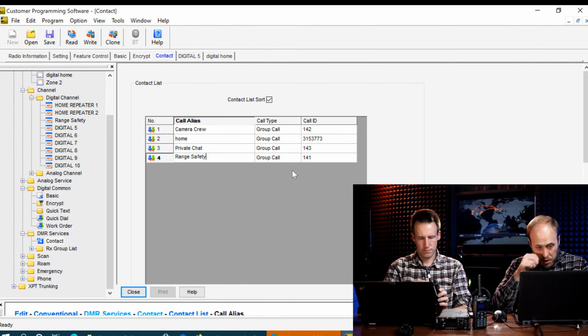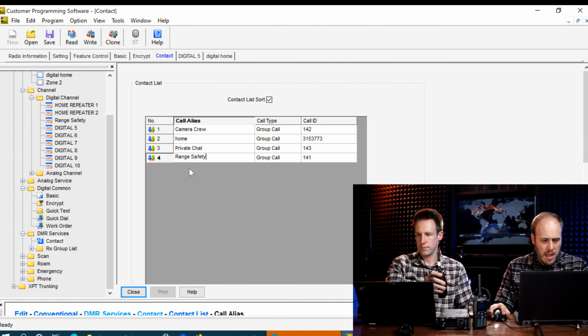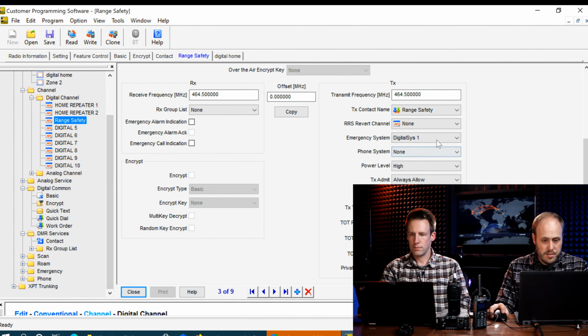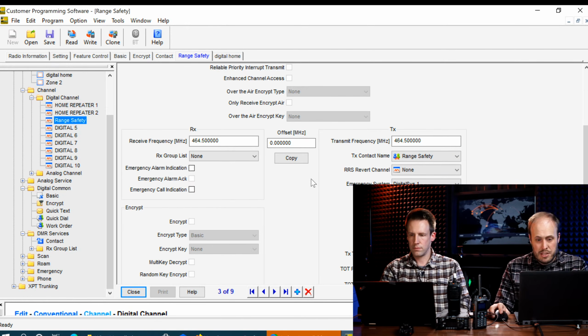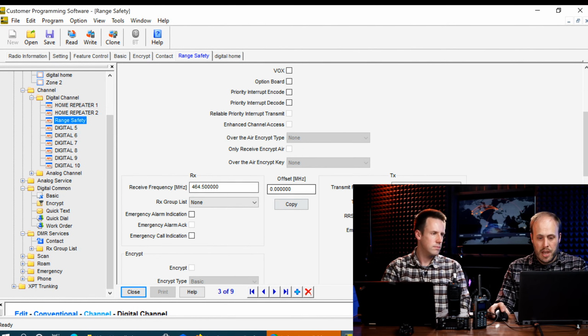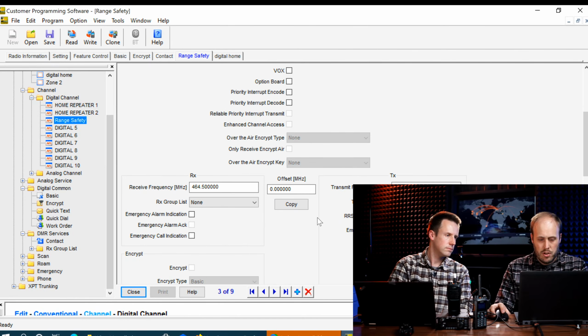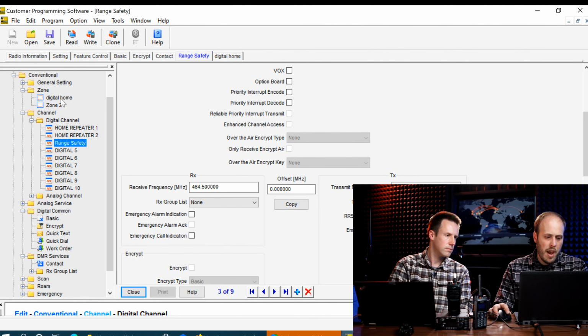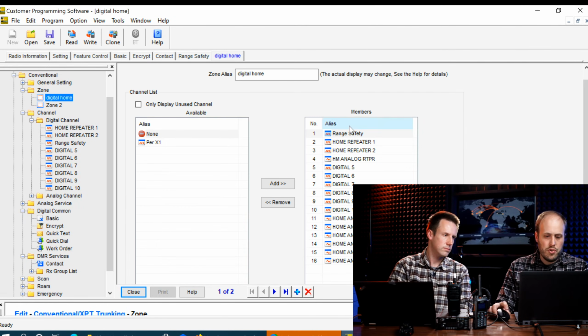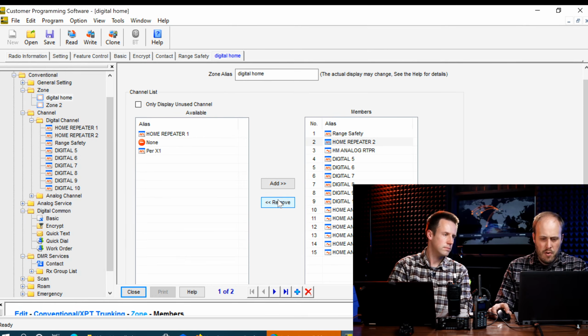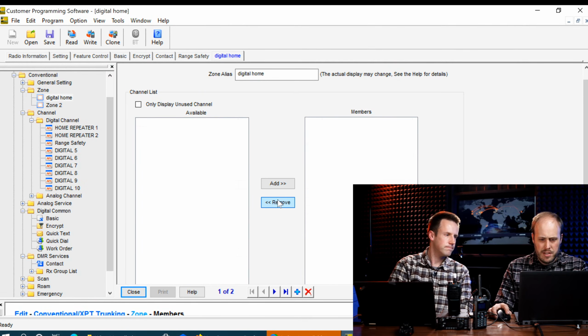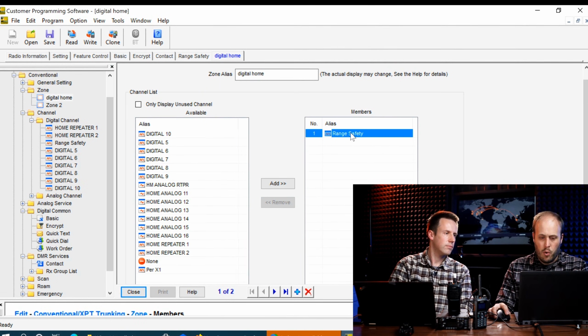You set up your talk groups, your contacts, and then you set up your frequencies, your channels, and again, it's actually pretty simple. Once you get into it, it's much like traditional analog radio, but then you do have to get the zones. If you only set up the channels, it would not work. The channels have to be assigned to the zone, and you can add and remove, which is pretty cool. Let's just get rid of all these channels. Now I only have one to worry about on this radio. You can do that.